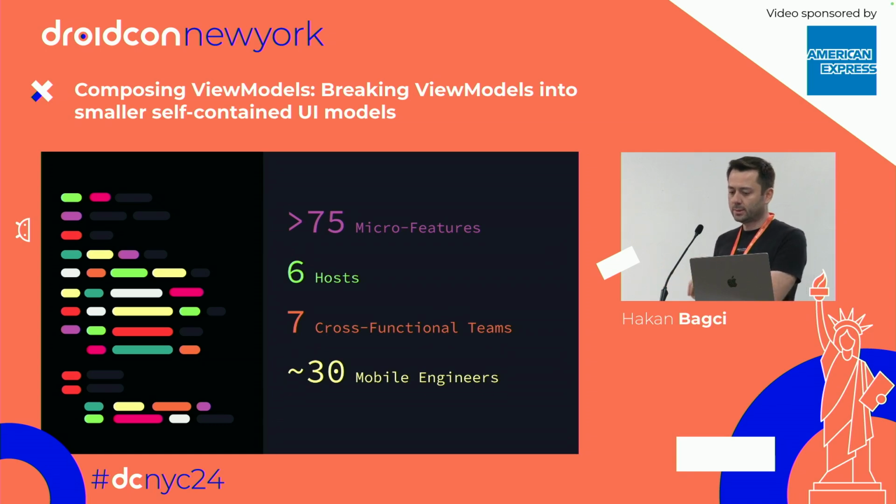Before ending the talk, let me present some numbers about our micro features journey up to now. Here is the current state. We have more than 75 micro features implemented in 6 hosts, and these are delivered by 7 cross-functional teams, and 30 mobile engineers are working here. With this configuration, teams can deliver features for the home screen independently, and our teams are quite happy with the new architecture until now. Micro features were first implemented by Android starting from the beginning of 2023,